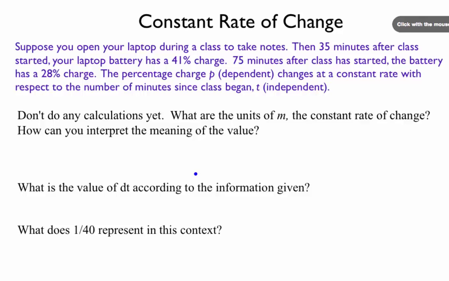So if p was dependent, then what's a change in p? How do we represent a change in p? dp, right? So we have p. And if time is our independent variable, then we represent a change in time as dt. So if we want p final,